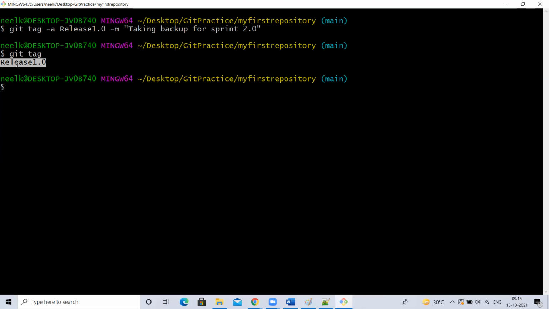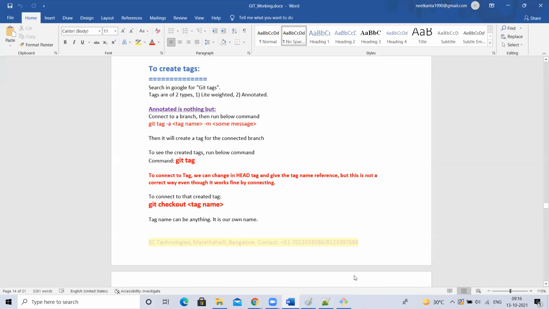Okay, we just take a backup because in future, if the main branch gets some issues, to fix them, we cannot directly modify the code in the main branch. So what we did, we took a tag. Why did we take a tag? It will not allow you to commit changes. So as a backup, we'll keep it here, and whenever we want, using the tag, we'll create a new branch and work with that. How to create a new branch from the tag?